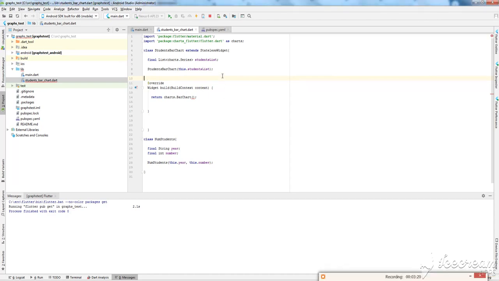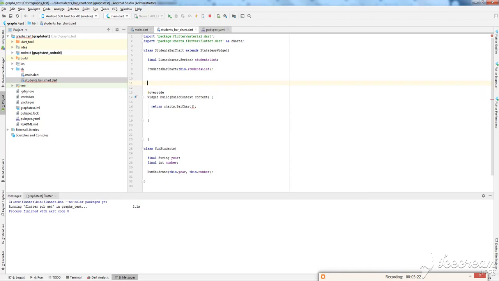Let us now create a factory constructor of the student bar chart class, and call it, let's say, data function,